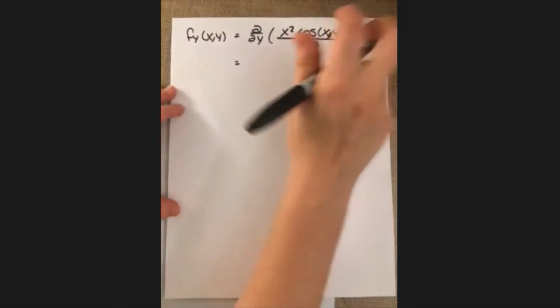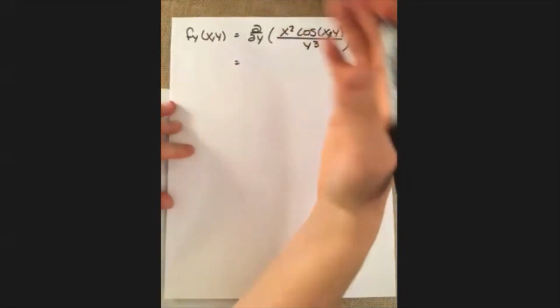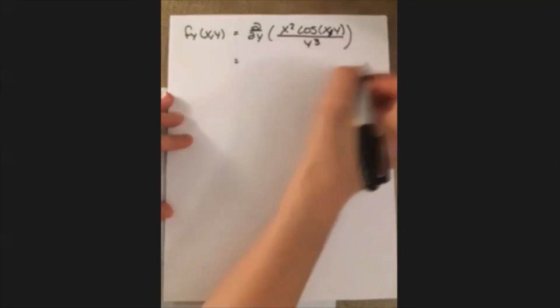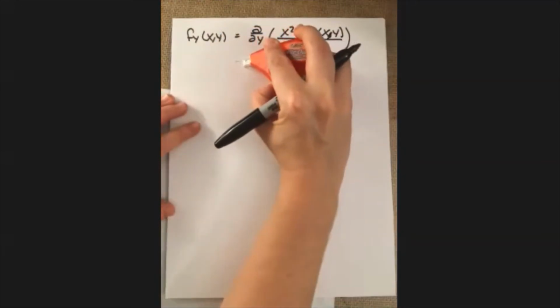So since we have a function of y on top and a function of y on the bottom, I'm going to have to use the quotient rule. Okay, and I think I'm actually going to need a little bit more space than what I've allowed for here. So let's just kind of